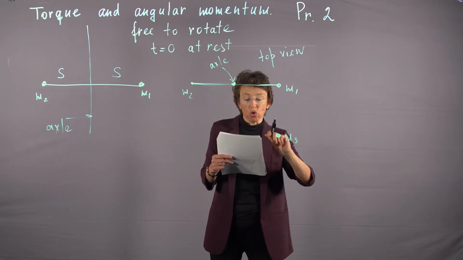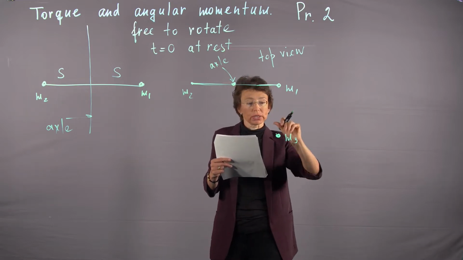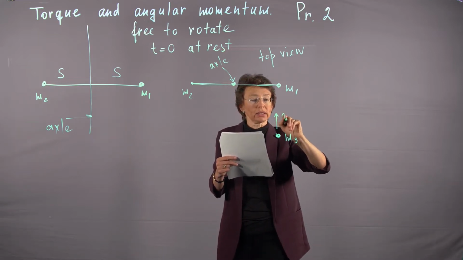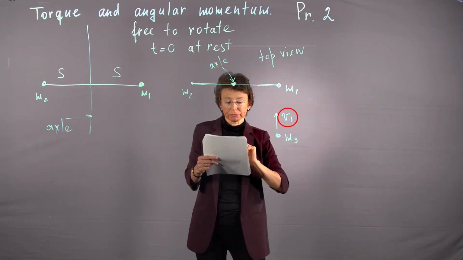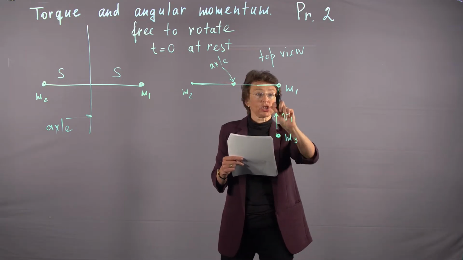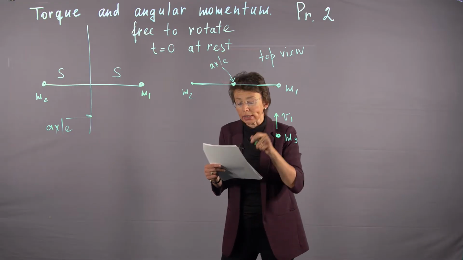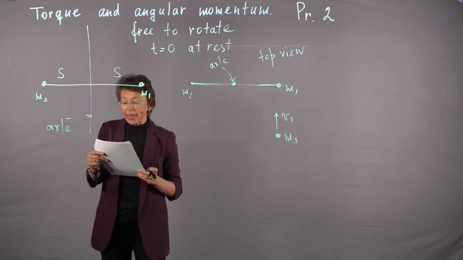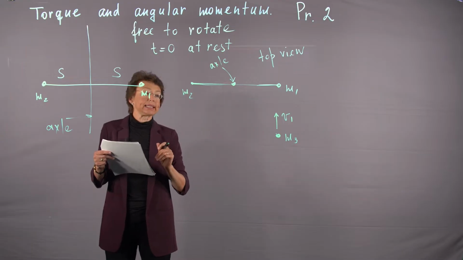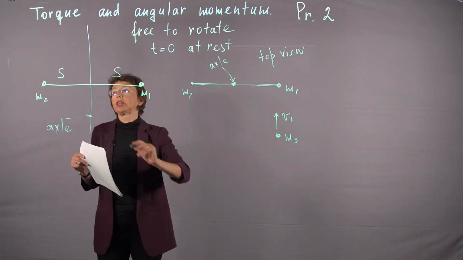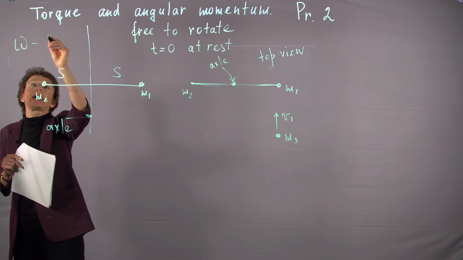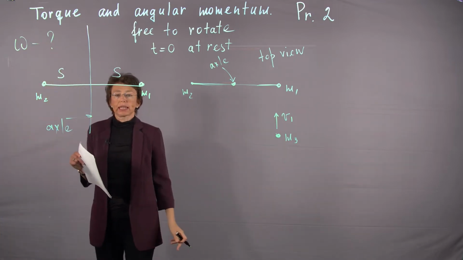It was traveling horizontally in the plane of the board with velocity of magnitude v1. For some reason I drew v1, but it is supposed to be v0. In the direction shown, and it is perpendicular to the rod. We ignore gravity. What will be the angular velocity of the system after this collision? So we are looking for the angular velocity omega of the whole system after the collision.